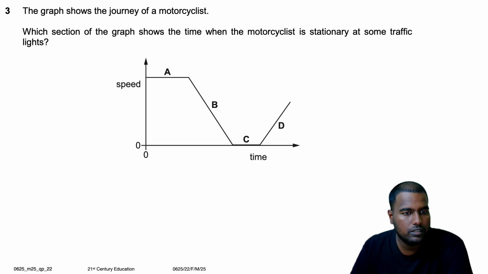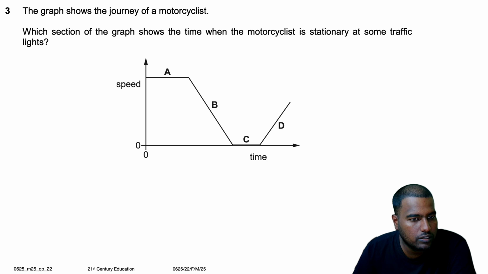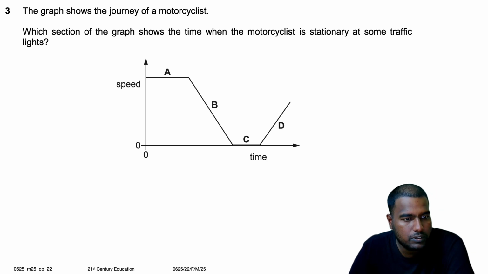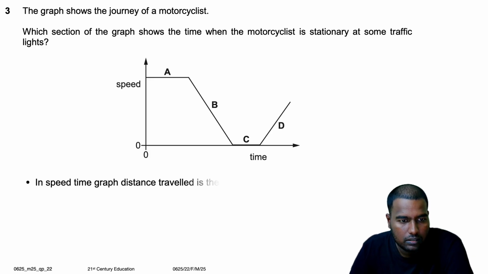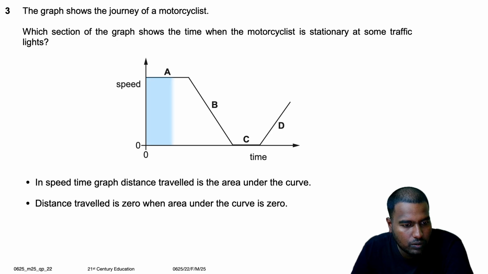The graph shows the journey of a motorcyclist. Which section of the graph shows the time when the motorcyclist is stationary at some traffic lights? Okay. In a speed-time graph, distance traveled is the area under the curve. So we have four sections A, B, C, D. A has some area under the curve, so it cannot be